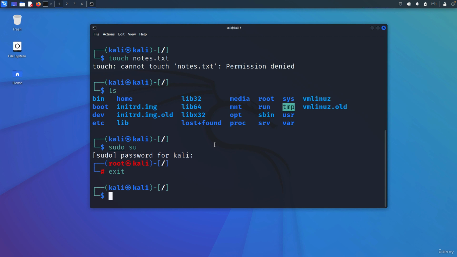Root is the most privileged user in any Linux system, and you can use the sudo command in order to execute things with administrator privileges, and you can write sudo su to become root, and you can even open a root terminal and even a root file system in order to browse through the files and folders.